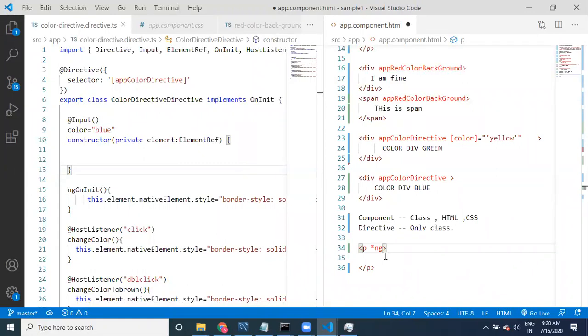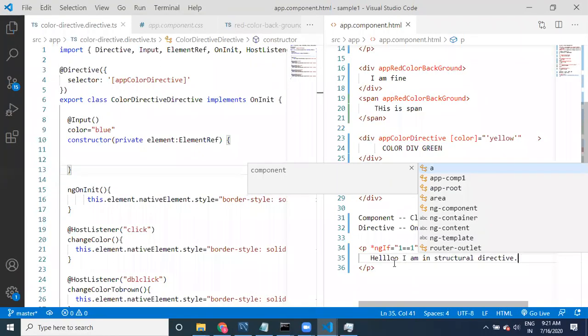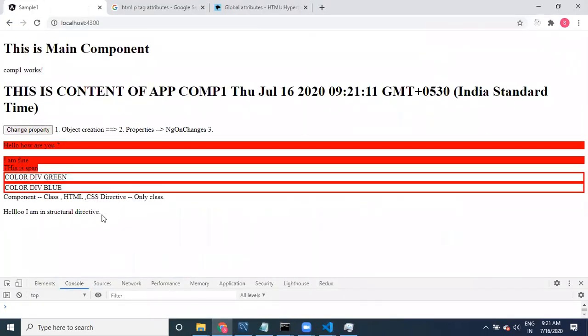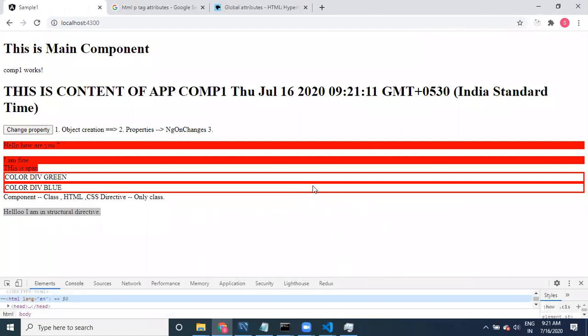If I use ng if, ng if 1 double equals 1, just for example, hello, I'm in a structural directive, right? Let us go and inspect.